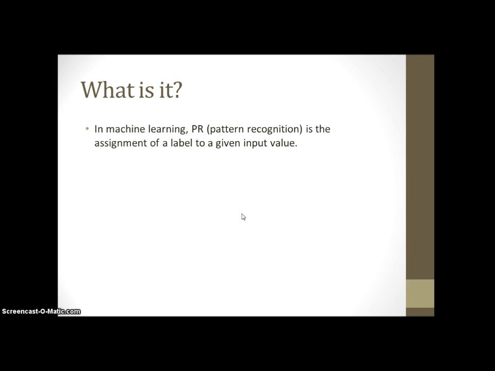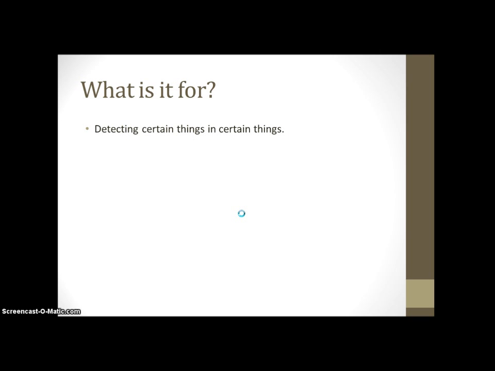Basically, the computer obviously doesn't know the difference between an A and a B and a C or whatever it is. It's going to look for these different quote-unquote patterns that give the shape of an A or the shape of a B, and it's going to assign that to the ASCII A or the ASCII B. Basically, it is just an assignment of things that are matched up together. What is it for? Detecting certain things in certain things. I know that sounds basic, but